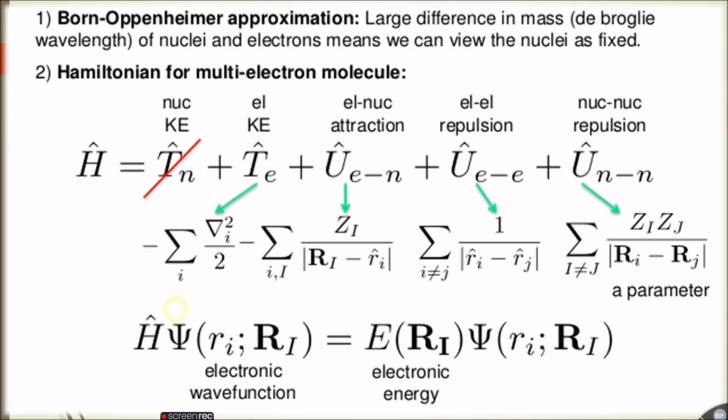Okay, let's summarize what we did till now. To be brief, we discussed the Born-Oppenheimer approximation, where you saw the mass difference between the nuclei and electron. The electron is a very light particle compared to the nuclei in mass, so we assume that the nucleus is fixed, so the nucleus is not moving. So the kinetic energy for the nucleus is 0 here, and we don't take the kinetic energy for the nucleus. Here the Hamiltonian is written for the multi-electron system. You cancel the nuclear kinetic energy because the nucleus is assumed to be fixed. This is in the case of a more than one electron system.